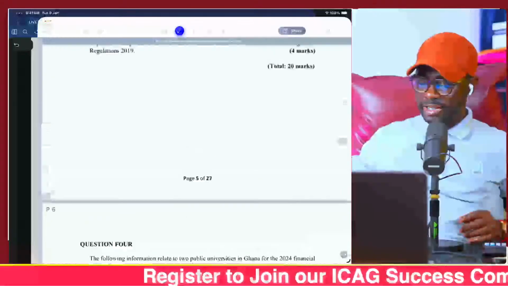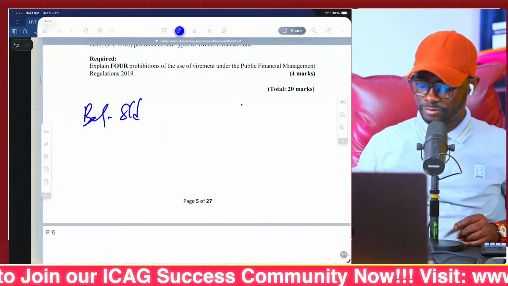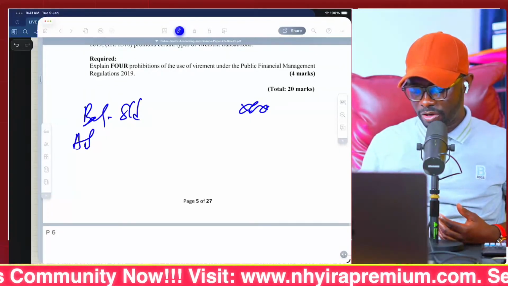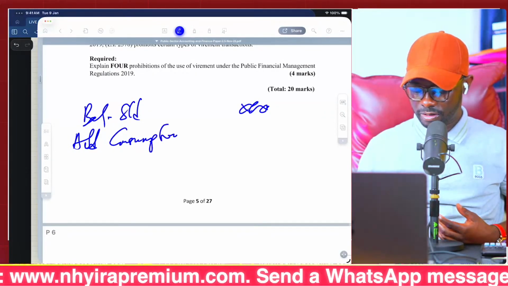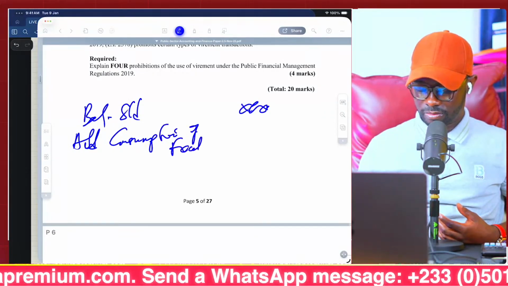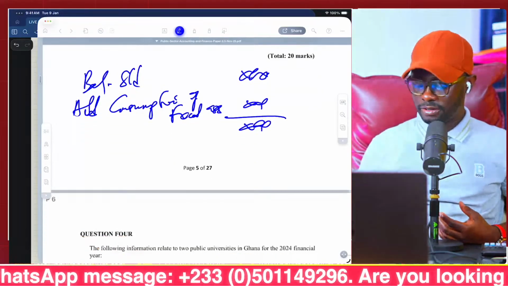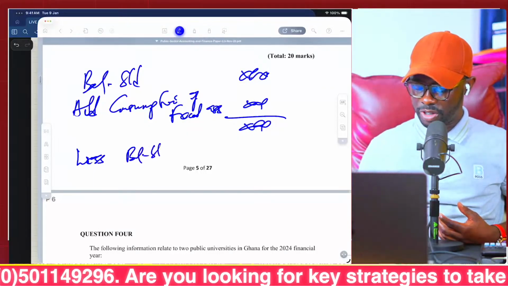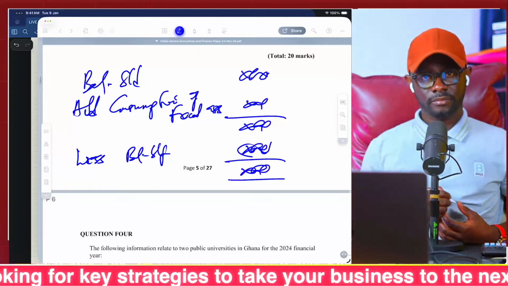As I said, another school of thought would have presented this way: we bring the balance brought down, which is the current year's closing figure. Then you add back the consumption of fixed assets for the period. Then you less the balance brought forward, which is the opening figure